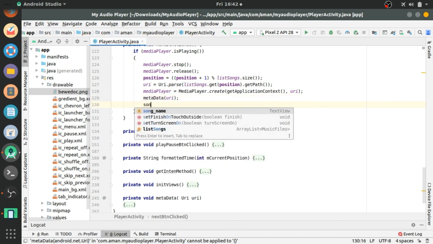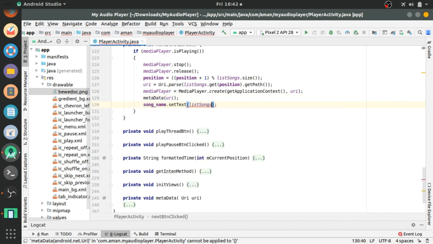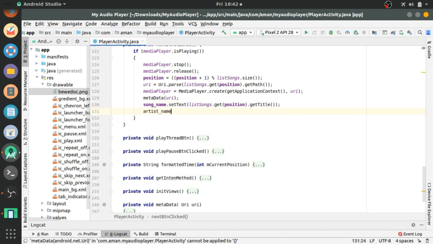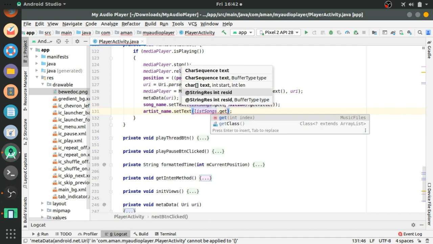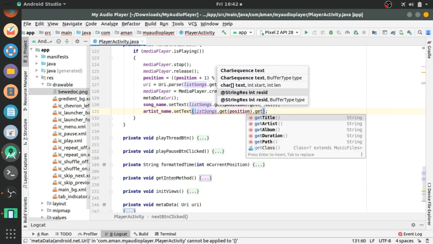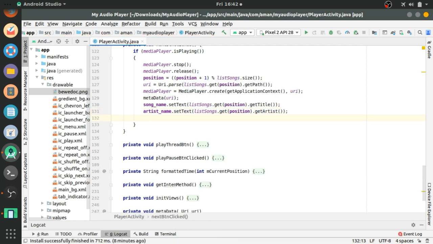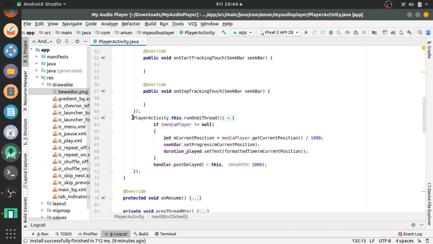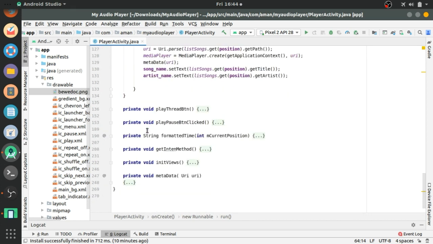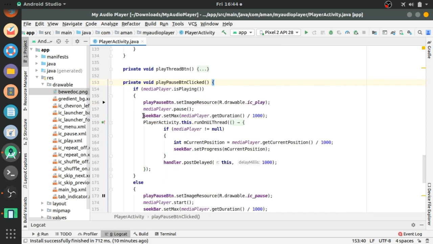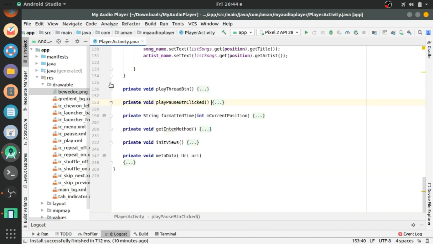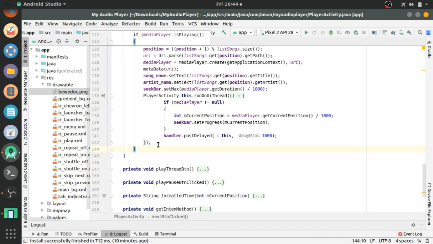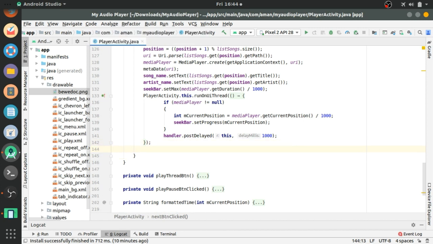And after that we will add the metadata method and the song name text view using listSong dot get position dot get title and artist with the same style. Now go to playPauseButtonClicked and copy these lines from the seekbar part and paste them here in the nextButtonClicked.